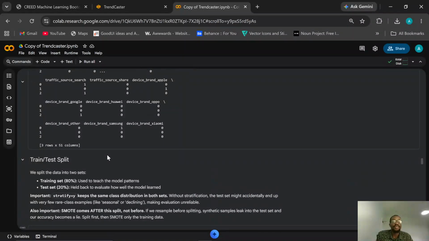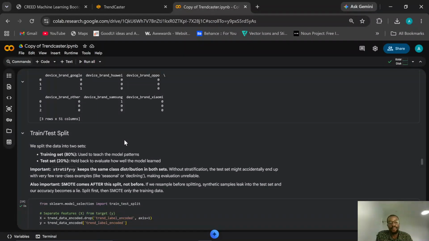So, moving to the train test split. It was explained yesterday that with the train test split you train with 80% and test with 20%. Why?